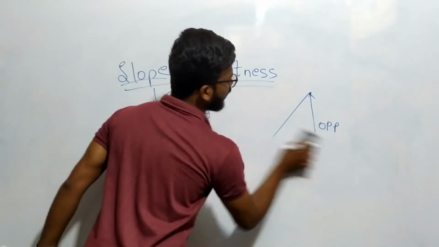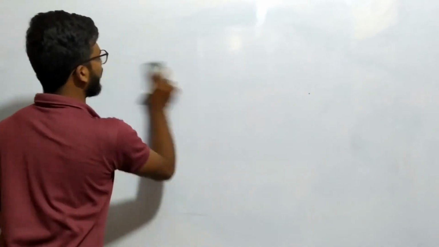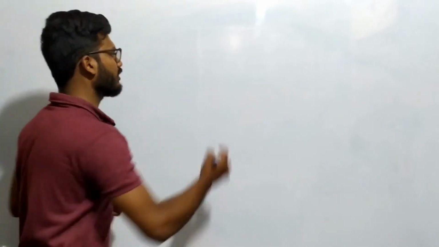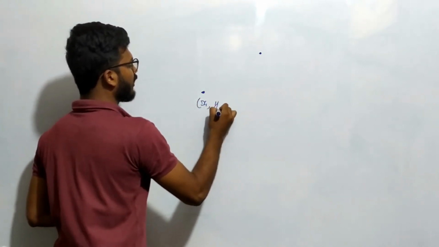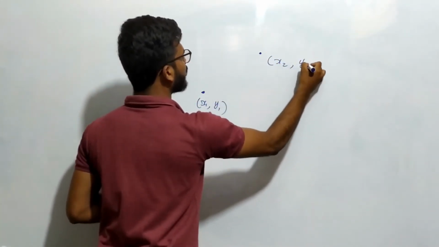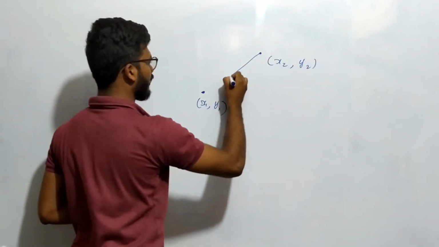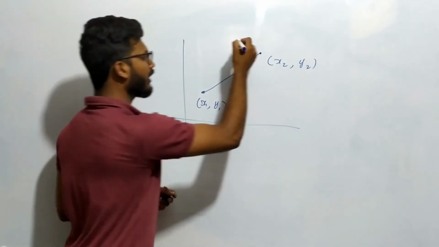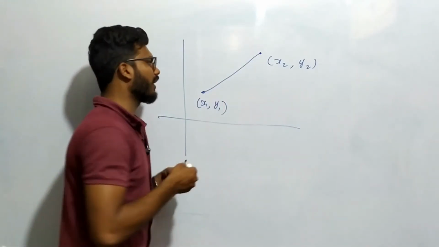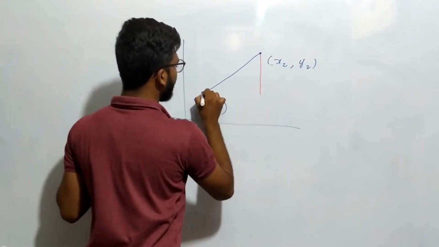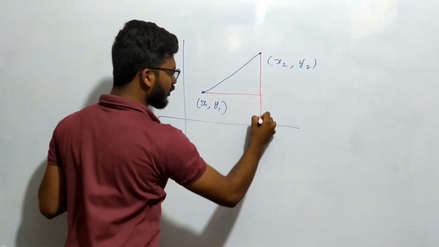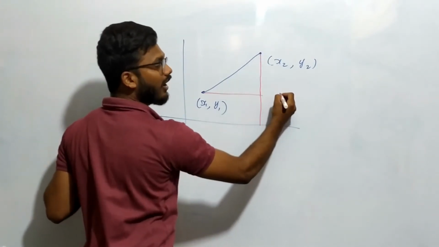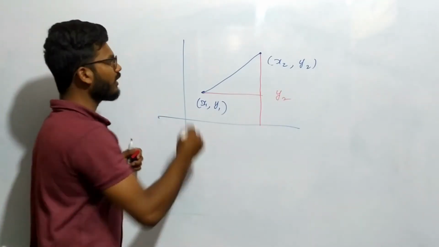And if we don't know inclination, how to find slope of a line? See, now we can find how to find slope of a line when we don't know inclination. Suppose I know any 2 points on a line. Suppose these are 2 points x1 comma y1 and x2 comma y2. These are the 2 points of a line. This is the line. Now what I told, slope is nothing but the vertical distance by horizontal distance, right? Now I want this distance. What is the total distance here? This total distance is nothing but y2.